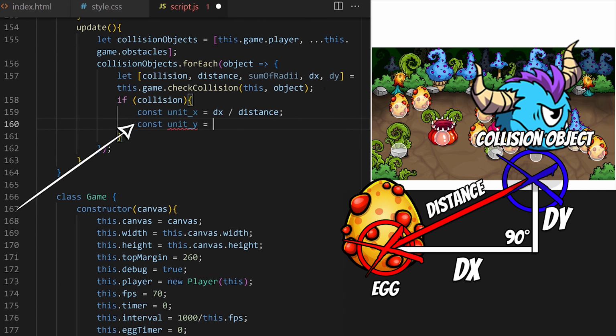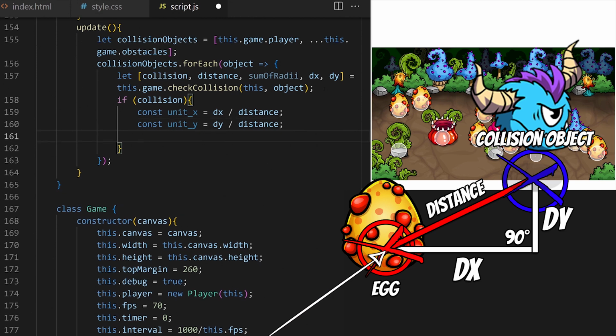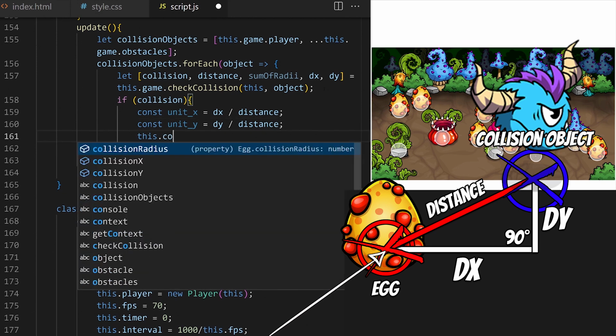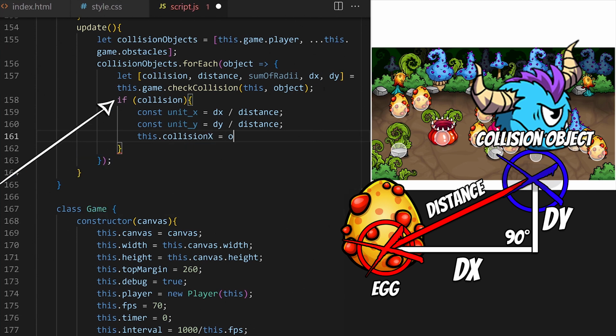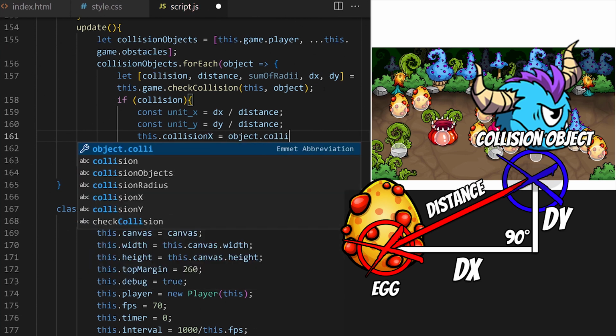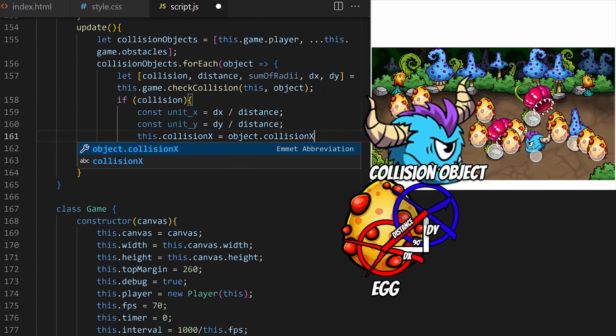Unit Y, the vertical push direction, will be the ratio between dy and distance. Now we will use this to move the egg. We are inside a code block that will only run if the egg is colliding with the player or any of the obstacles, so when a collision happens, we take collision X of the egg